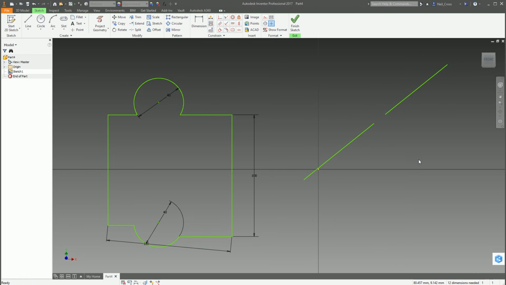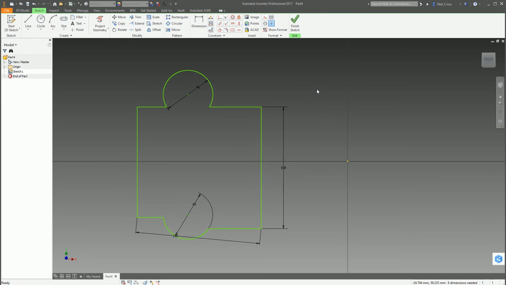It's actually a really good one. That is a really good one to know. It doesn't always apply just to horizontal and vertical. It can be any angle, but two lines will then be on the same trajectory, if you like.